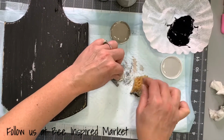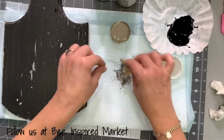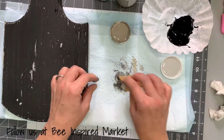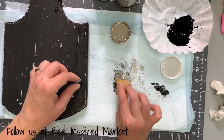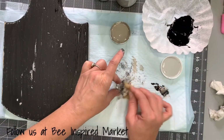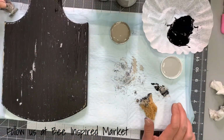And it wasn't that bright, shiny silver. I didn't want that. So again, it's just Waverly Mineral color, Silver Lining, and then some black. And you just keep playing with it until you get the desired look. So once I had that,